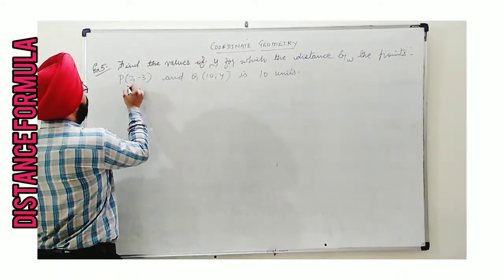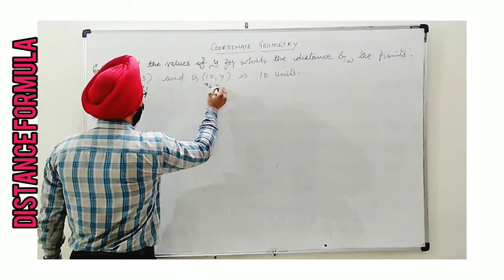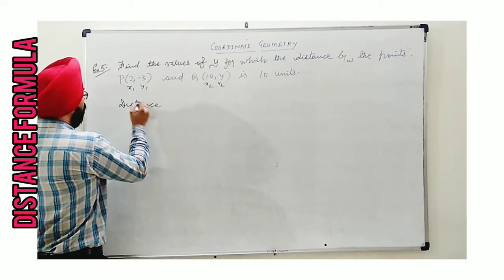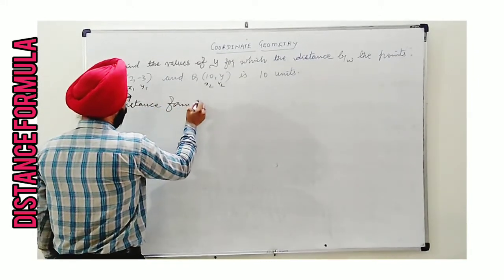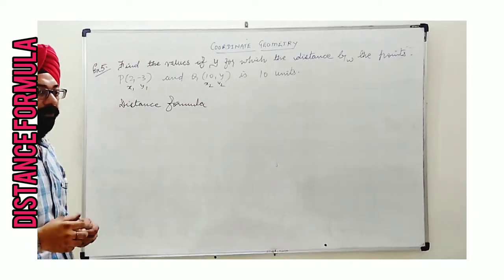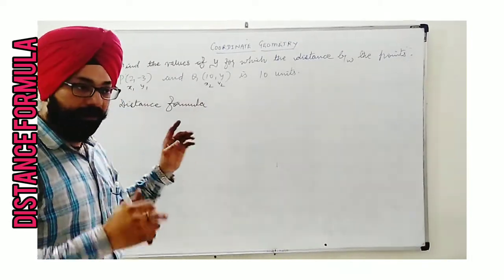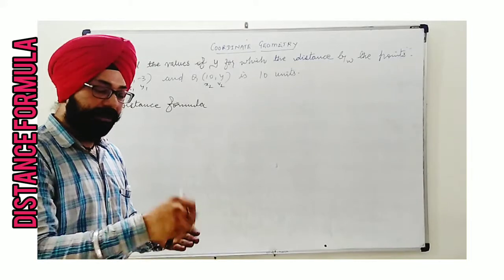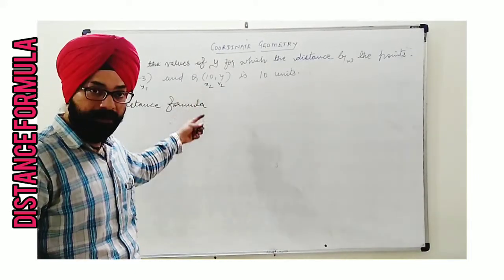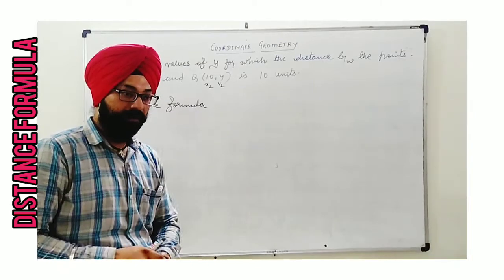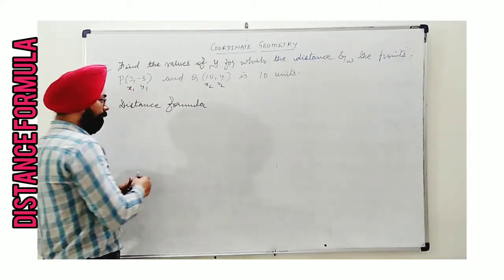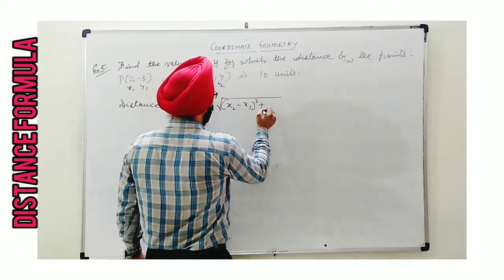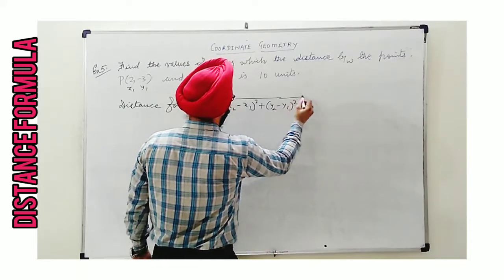If I want to use distance formula, I will take this as x1 y1, this as x2 y2 in general, and distance formula every time I am writing. Why am I writing every time? Let me tell you, my dear students, whenever you are solving formula based concepts and questions, if you repeatedly write the formula with the question every time, then this will set your mind permanently. Then there will be no confusion in application. That's why under root (x2 minus x1) whole square plus (y2 minus y1) whole square.